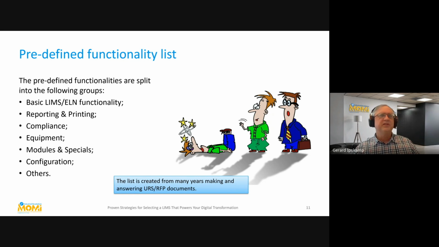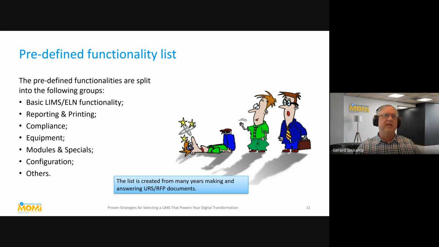Special modules like maybe recipes or plate handling or something which is specific for you, or a type of laboratory. Plate handling, if you do metallurgy, so metals, then plate handling is not really interesting. Configuration, of course.